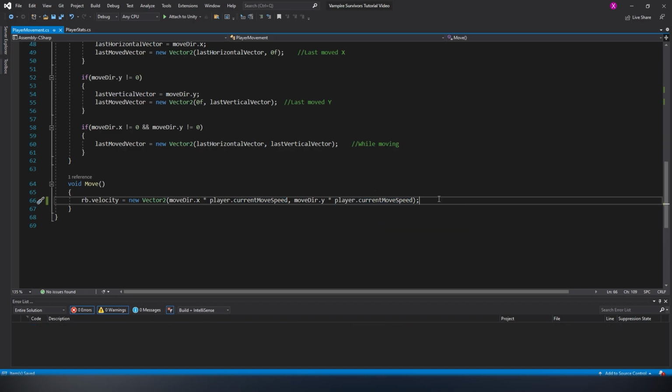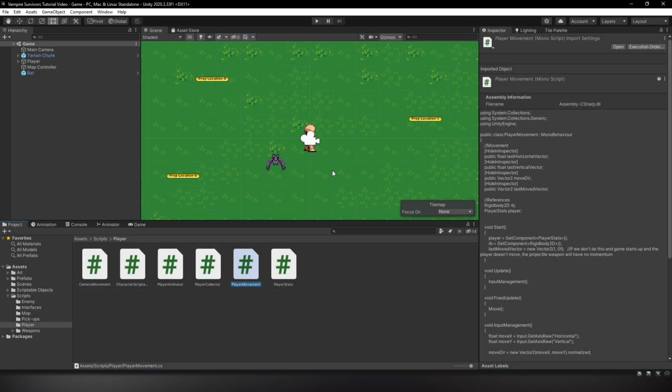Now, as you may have noticed, the system that we are creating eliminates the need to assign these scriptable objects to any script that references them by routing all stat references through the player stats. This not only streamlines testing but also eliminates the risk of assigning the wrong scriptable object. Additionally, this design will also prove beneficial for future functionality we plan to implement. So we can now do the same for the enemy stats.